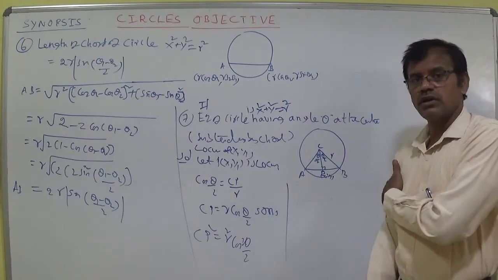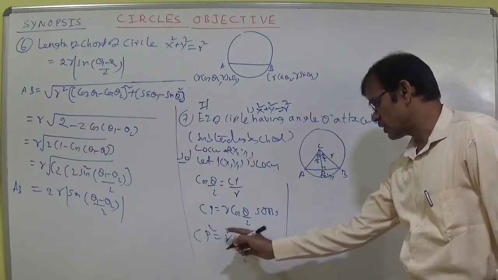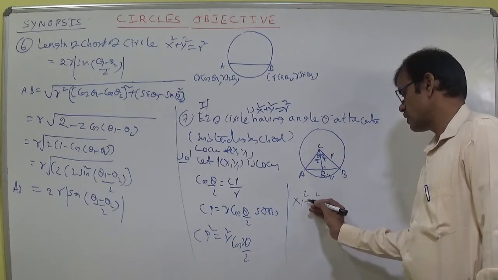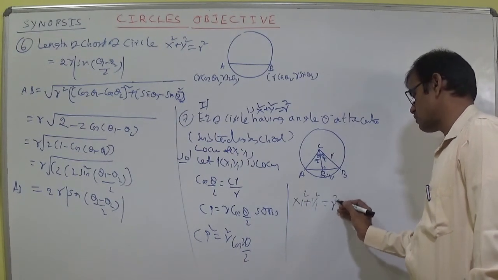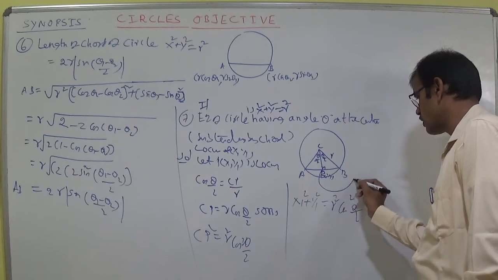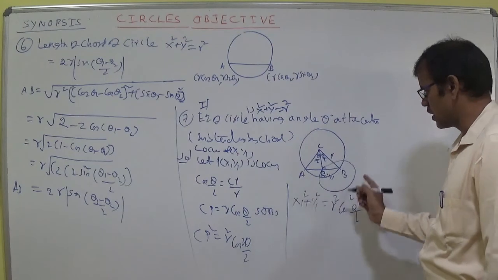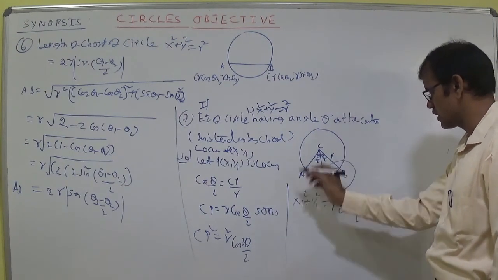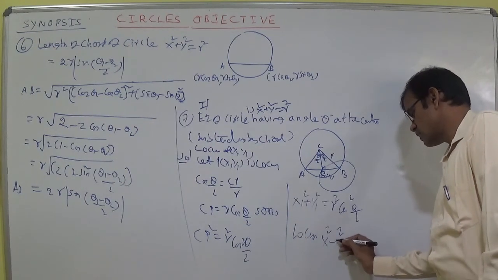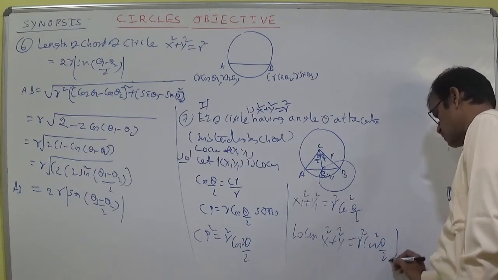Here x1 comma y1 is the locus point. Whenever x1 comma y1 is the locus point, try to understand the circle x square plus y square is equal to r square. Then C is the center and P is x1 comma y1. So you can write x1 square plus y1 square is equal to r square cos square theta by 2. So the locus of P x1 y1 is nothing but a circle having center 0, 0. You can draw another diagram like this, a concentric circle. So the locus is x square plus y square is equal to r square cos square theta by 2.